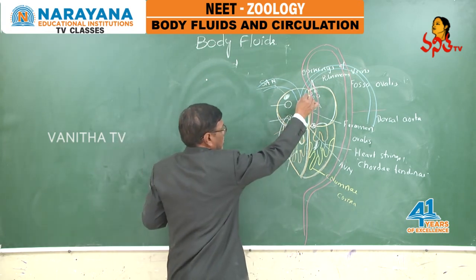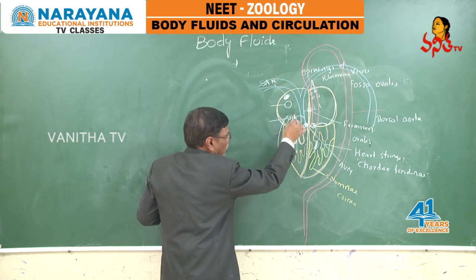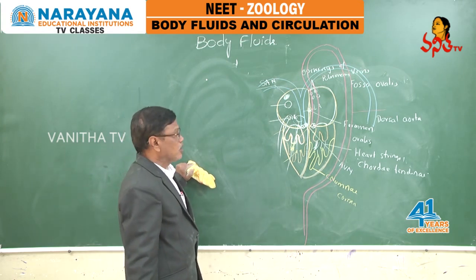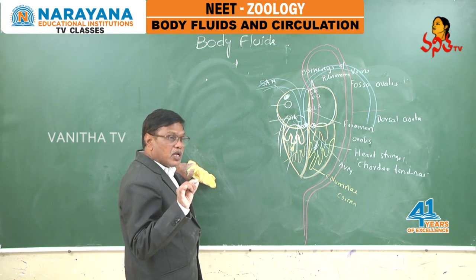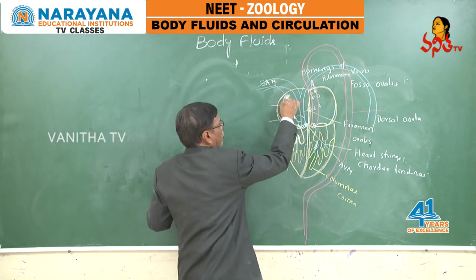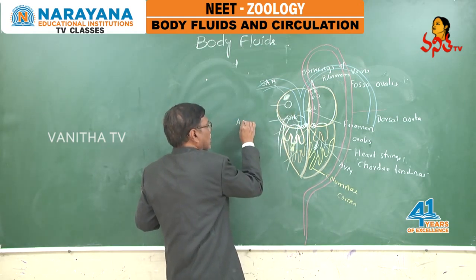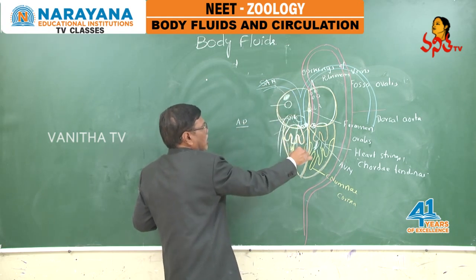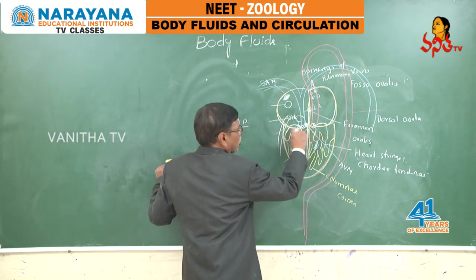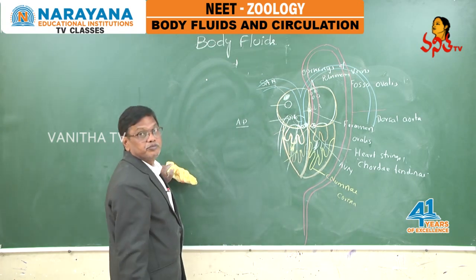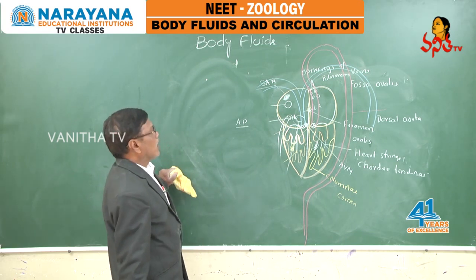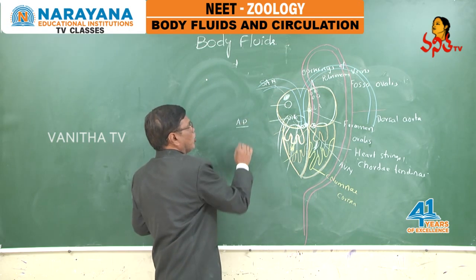Already in the structure we discussed, in between the auricles and ventricles, the auriculoventricular septum is there, made of connective tissue that acts as an insulator. The action potentials that develop in the auricles are not automatically carried to the ventricles, because the connective tissue plates act like an insulator. That's why two pacemakers are required, the SA node and the AV node.